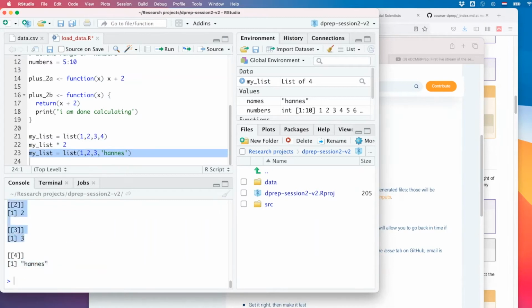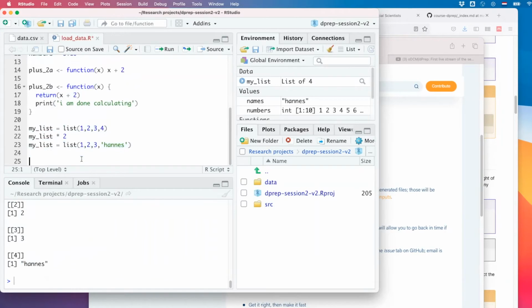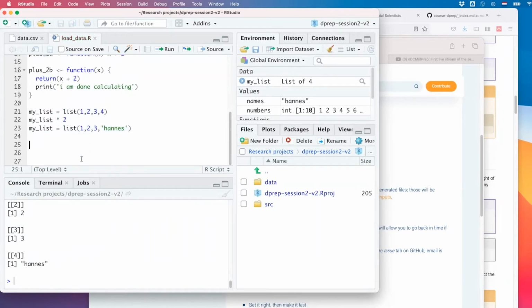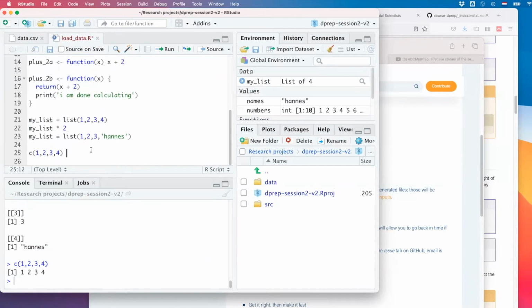This is a string, this is again a number. So a list by construction is nothing you can mathematically calculate with. Whereas a vector is a mathematical concept that you can use for calculating. 1, 2, 3, 4 is a vector, times 4 is that result.